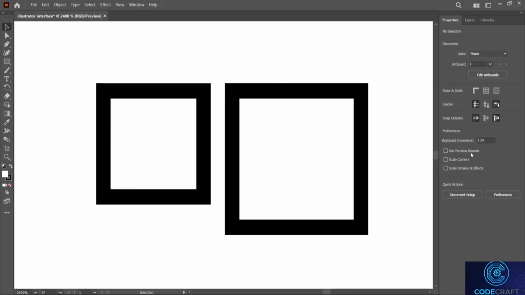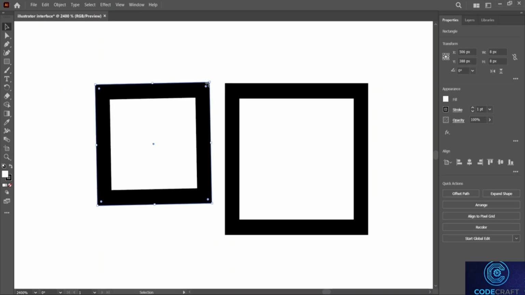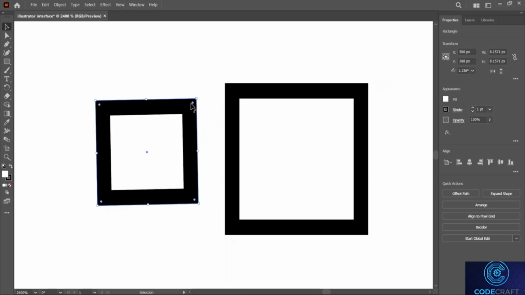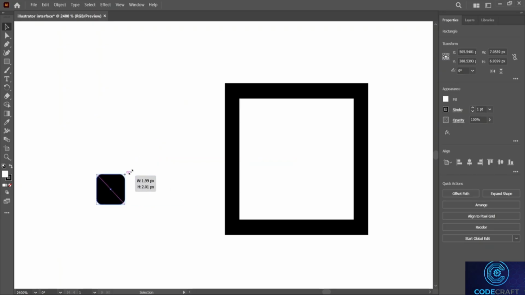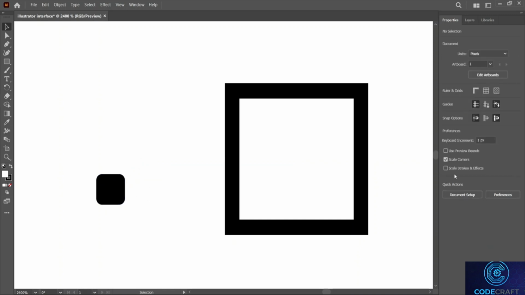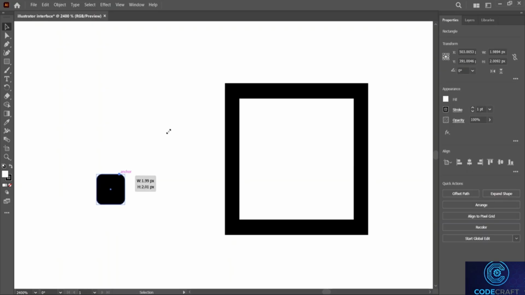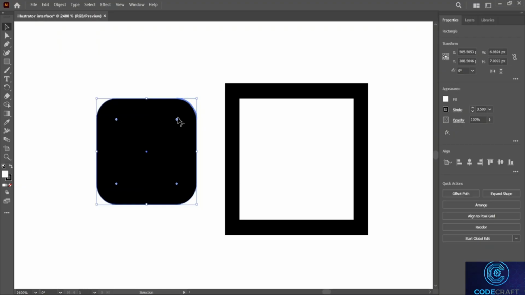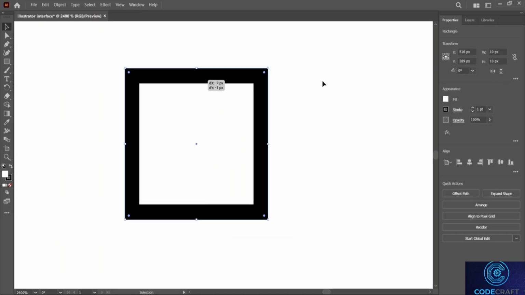And now I would like to talk to you about the scale corners. Now, if I put this option on, you'll notice that when I do this to a rounded corner, it is not scaling the corners and making it into a circle. Okay, now if I select the scale strokes and effects, what will happen is basically, let's do that again. Let's delete this and let's use this one. Okay, now here you can see that I have a 10 pixels by 10 pixels option. Now let's press